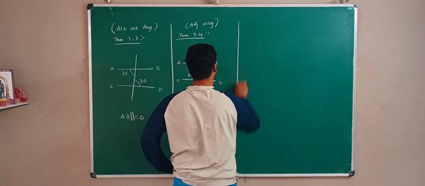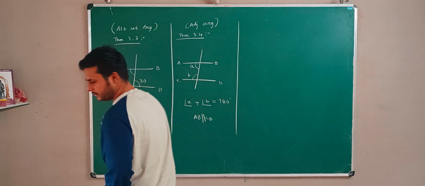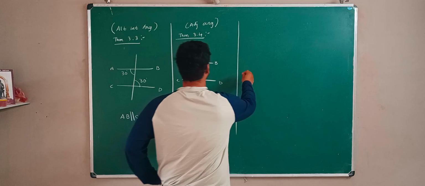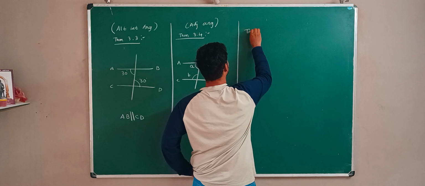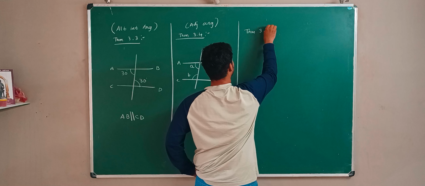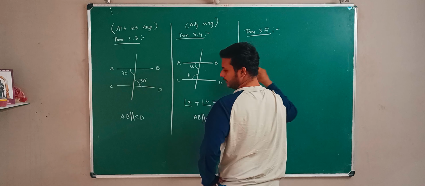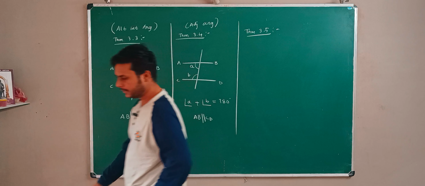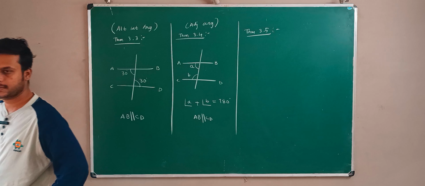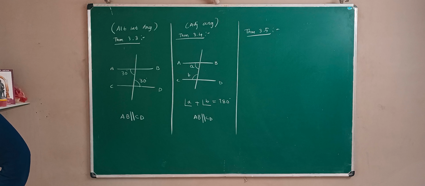3.5. Read. Theorem 3.5. Supplementary. If a transversal intersects two lines such that a pair of interior angles on the same side of the transversal